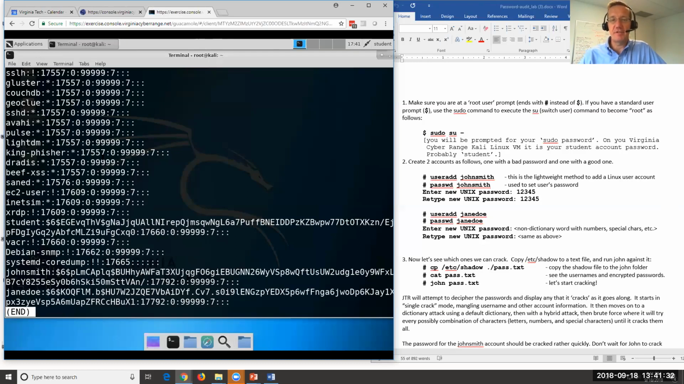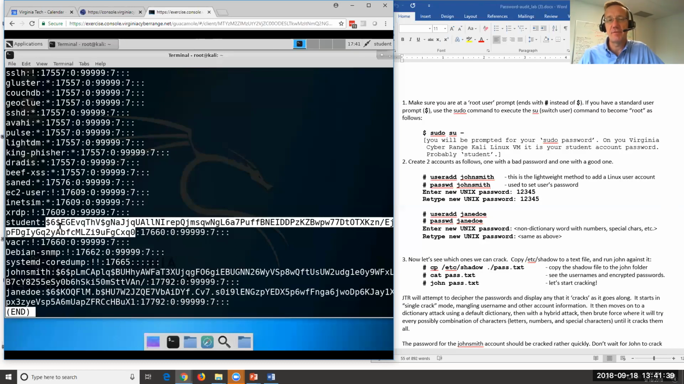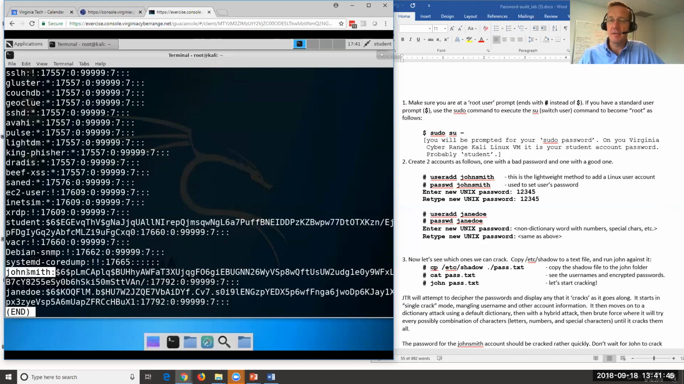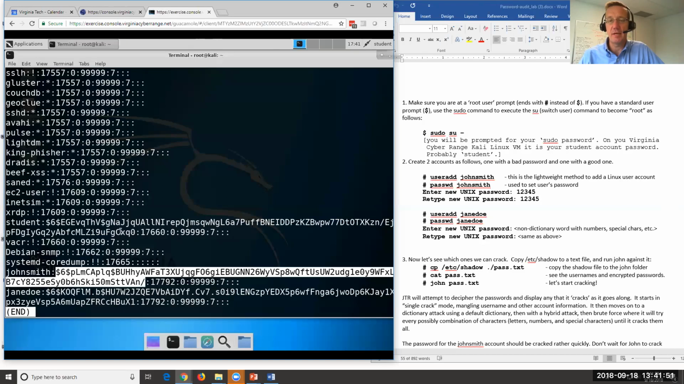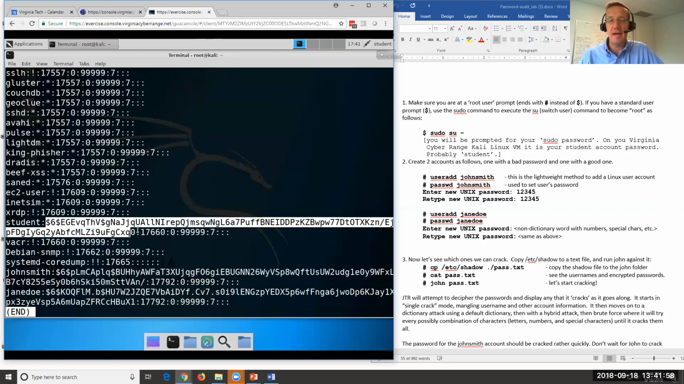Before, we could see the root account with the hashed passwords. We have the student account. Here's the student account's hashed password. It goes from the first colon to the second colon. And here is John Smith. This is an account that I just created, and then I created a password for John Smith. And here's the password. It goes from the first colon to the second colon. Okay, and if you start counting characters, you'll see that it's the same length as this hashed password,